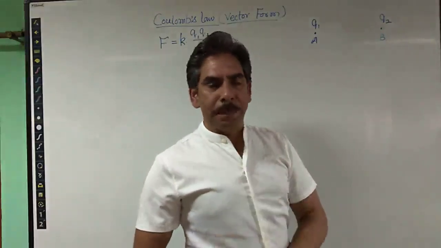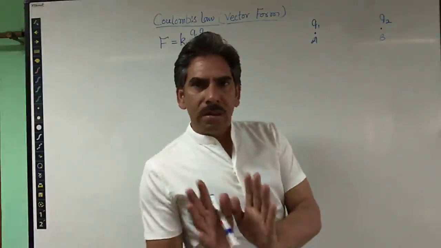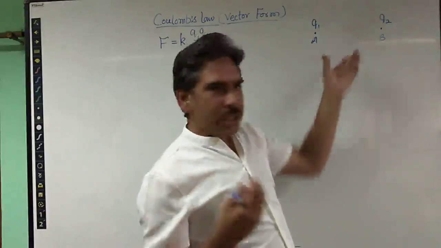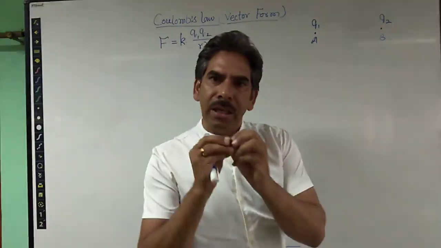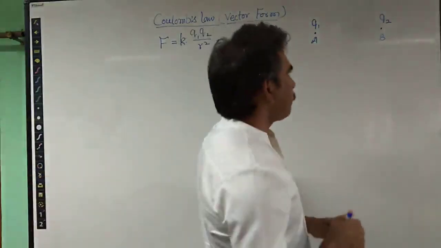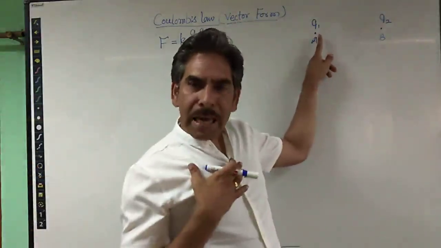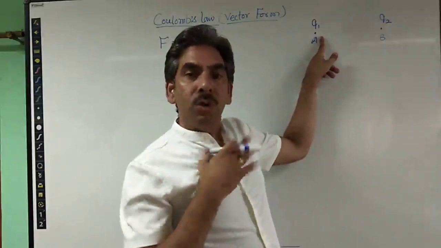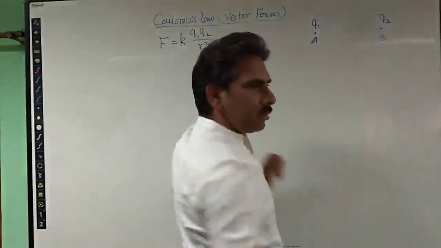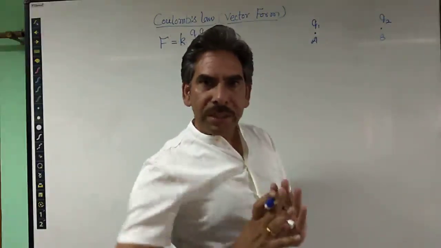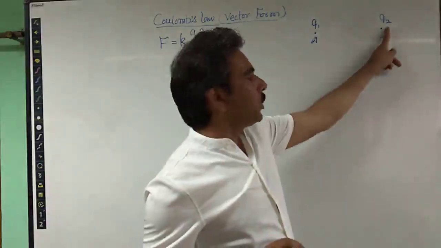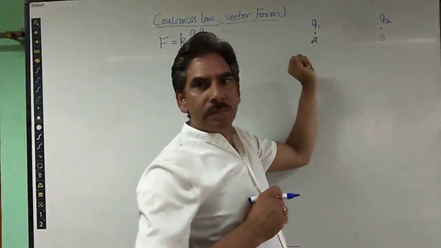The method remains the same. So for the first case, I am taking that both charges are positive, for example. If both are positive, because both charges are like, they will be exerting repulsive electrostatic forces on each other. So this is the charge I am taking first, which is exerting the force on which charge? The Q2, right? And the distance of this charge, or better I say, we take the distance here R, but it is better to say the position of this charge Q2 with respect to charge Q1, right?